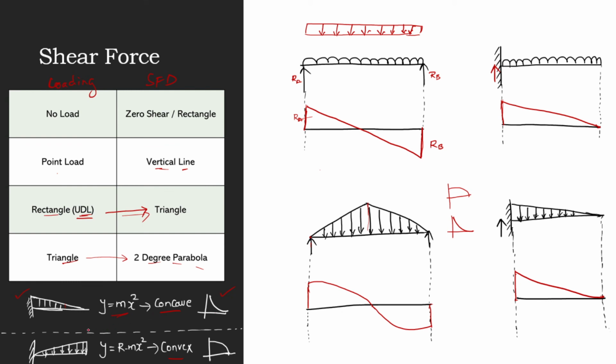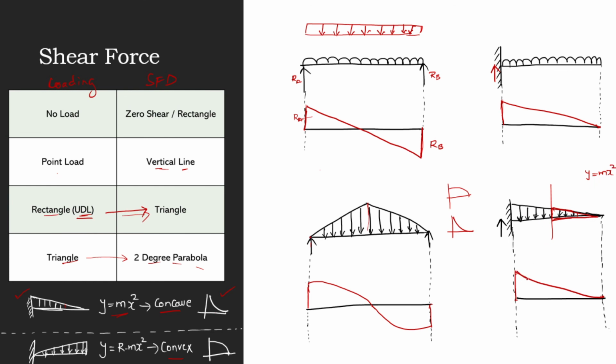Why is that? If I draw this triangle here, and if you cut the section at this part, then you will get a straight triangle again. If you cut the section, you will get a straight triangle. That's how you can say that it will again be a y is equal to mx square kind of parabola,